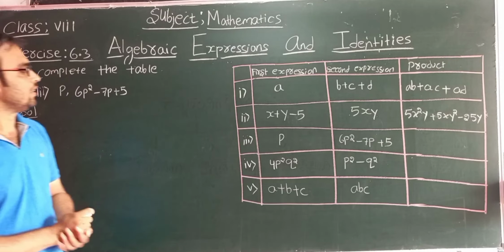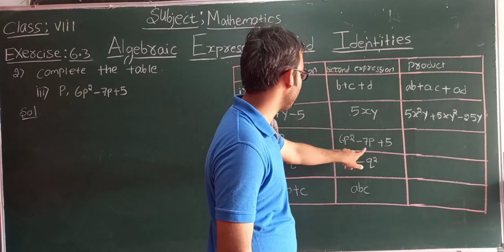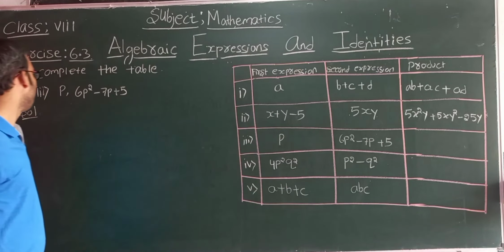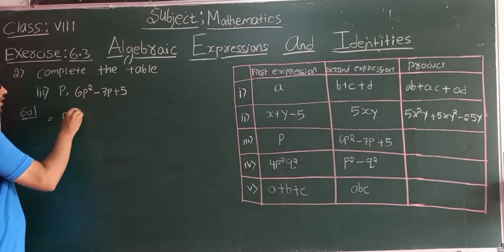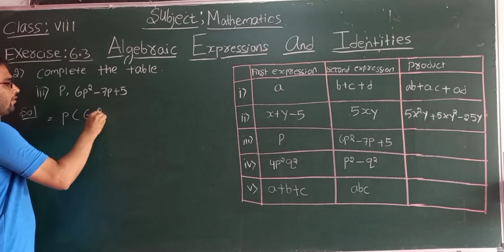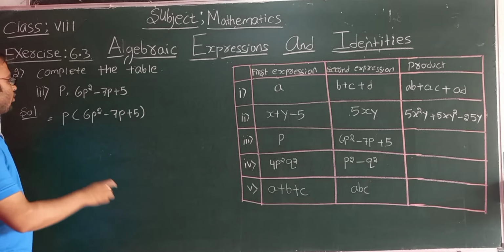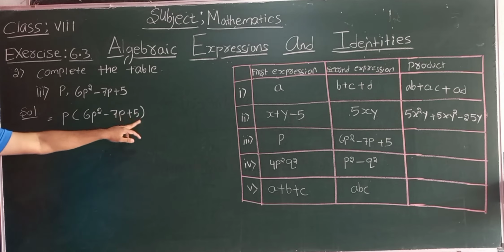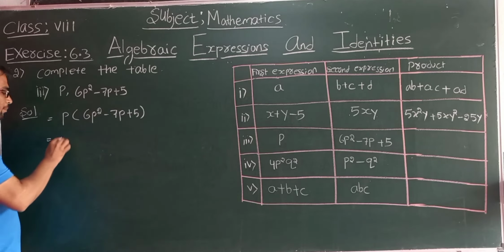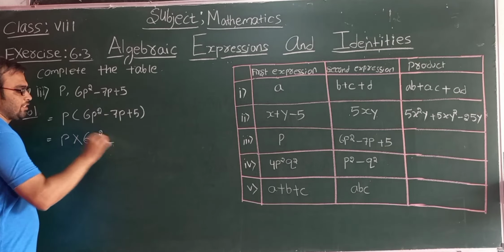Okay, so what is there? The first expression is p, and the second expression is what? 6p square minus 7p plus 5. Okay, so we'll find the product of these expressions. Okay, so here write first one, this is p, next 6p square minus 7p plus 5. Okay, so here first we need to multiply this p with 6p square, next this p with 7p, and next with the 5. Okay, so here p into 6p square,